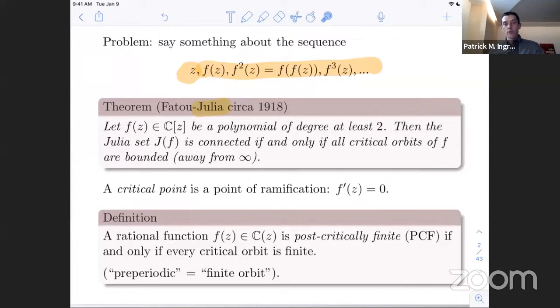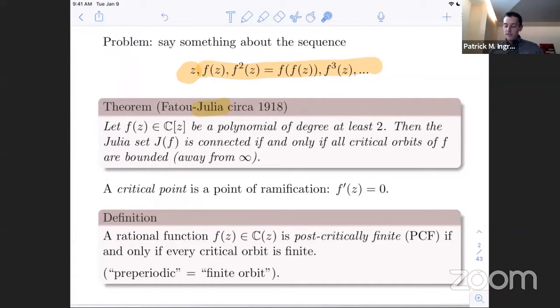But it's also just sort of a motivation. Well, in part, it's a motivation for this next definition. So if I have a particular polynomial or rational function in mind, and I want to convince you that it has bounded critical orbits, well, if it should happen that all of the critical orbits are actually finite, then my task in convincing you is much easier, right? I mean, I don't have to come up with any sort of complicated argument. If I start at a critical point and I start iterating the function and I eventually get into a periodic cycle, then you're convinced that that's going to be bounded.